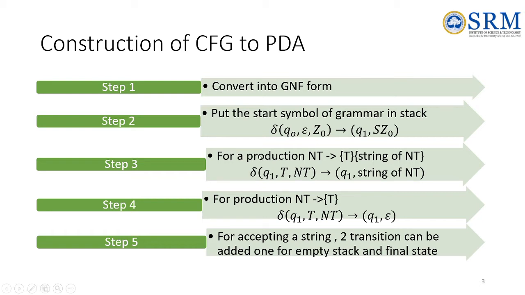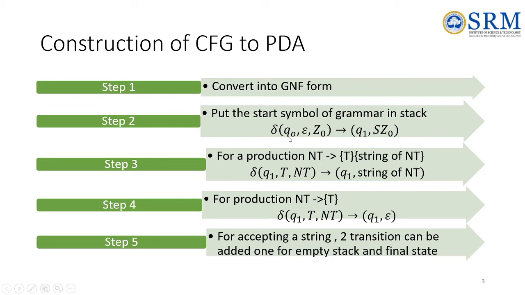If the grammar is in this particular form, convert it like this. If the grammar is in this particular form, convert it into this. So that's my third and fourth step. And the second step is writing the start symbol. A grammar will have a start symbol, and using the variables, terminals, productions and start symbol we can identify what our start symbol is. In a PDA, the bottom of the stack is very important, because with that we can decide the structure of the PDA. So here we mandatorily push the start symbol of the grammar into the stack. So that is the first step.